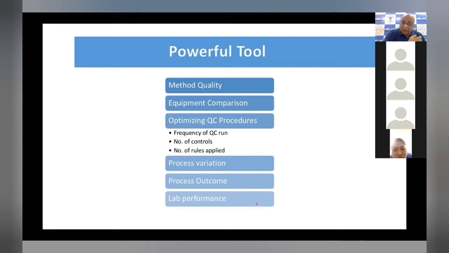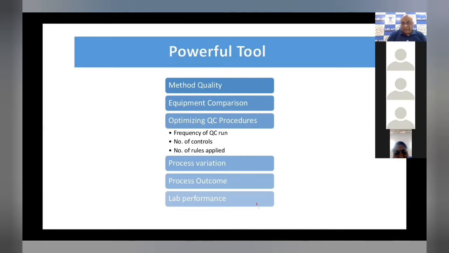But we have to think beyond this ISO 15189. How many controls we have to run in our laboratory, how frequently these shall be assayed, and what all Westgard rules shall be applied in our laboratory. We have to understand these also, which is based on data generated in our laboratory. And with this, when we apply Six Sigma,